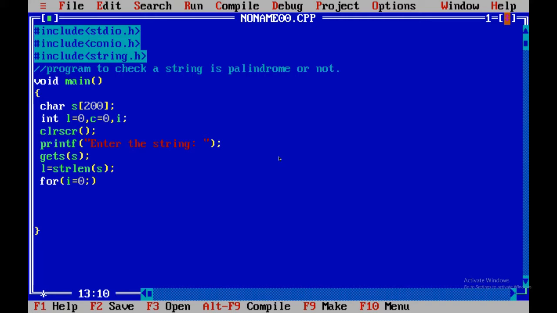And now in this method we are going to compare our whole string. And now incrementation. Here we are using post incrementation.